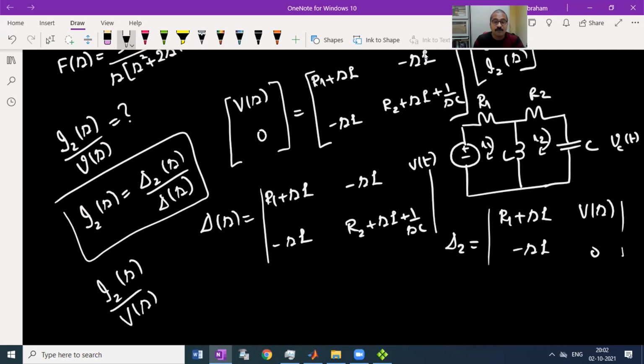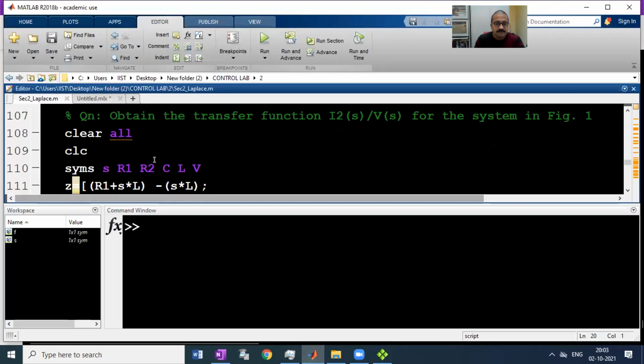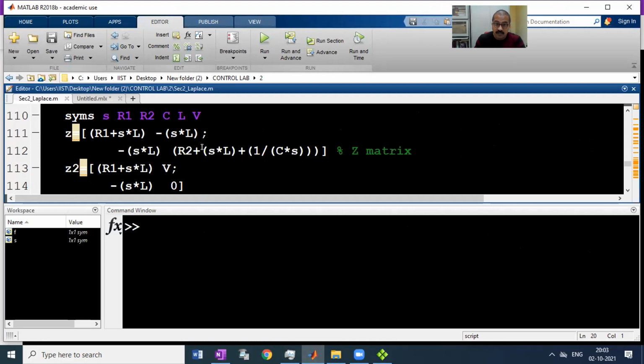The same thing can be done with the help of MATLAB too, so I will tell you how to do that. You see here our R1, R2, VC, capacitance C, inductance L, voltage source V of T, they are all variables. So we need to make use of what is called the symbolic math variable. That is what we are defining here. You are declaring S, R1, R2, C, L, V, etc. as symbolic math variables. Now, if you keep in mind what was our...